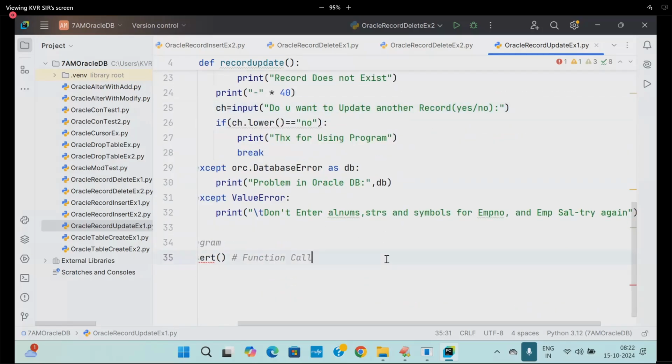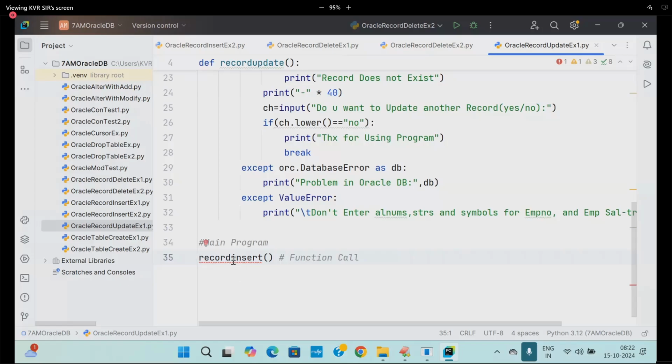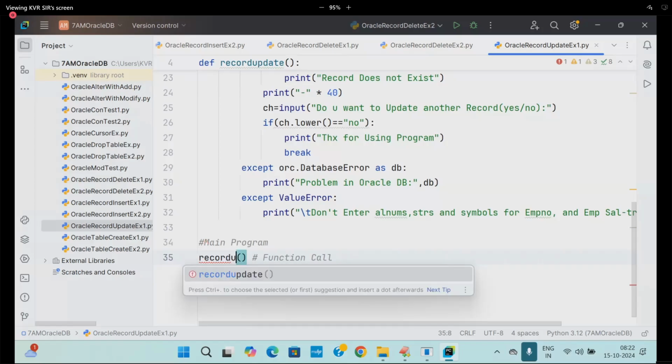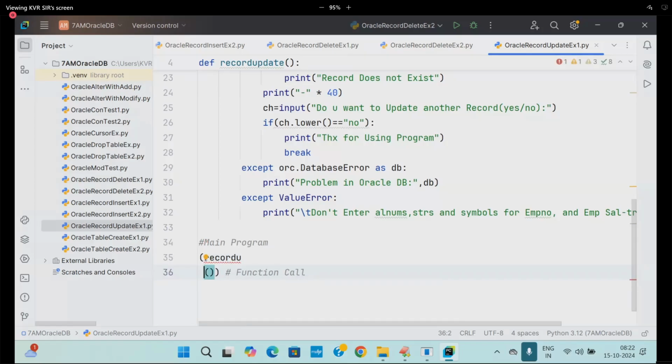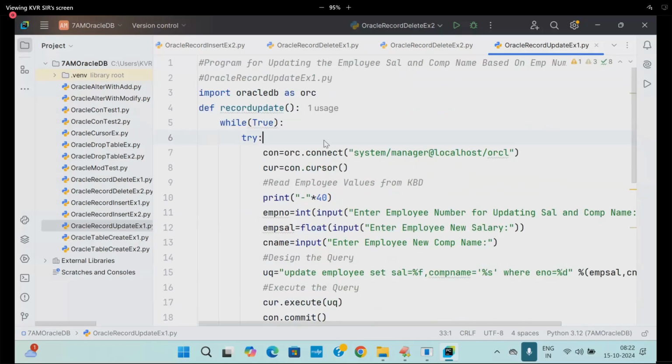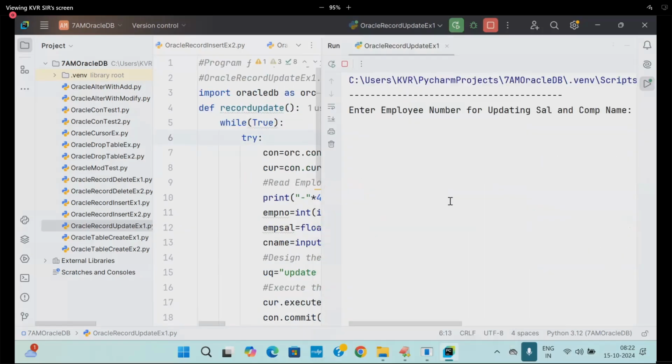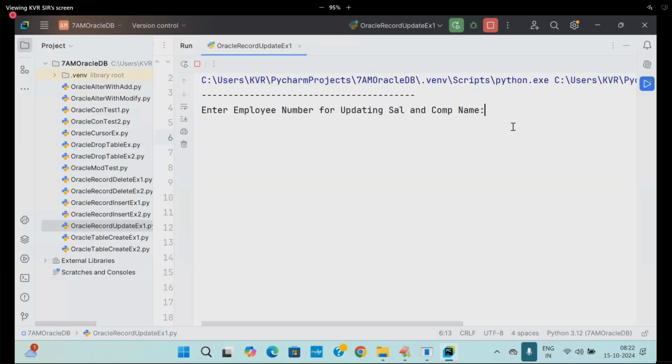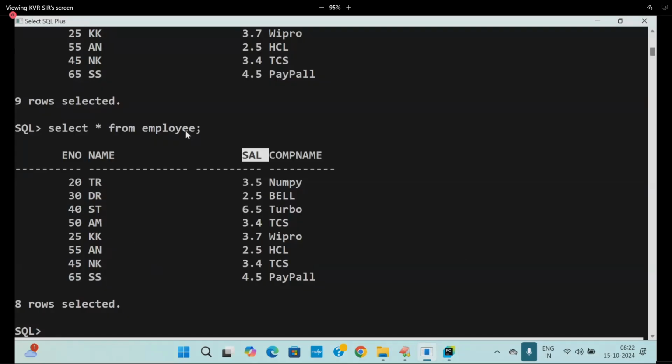Okay, and go to this place, record update. I will take care of that. Try to run this code and see. It asks, "Enter employee number for updating." Let us look into that. I'll go for 20. That number I will enter, and